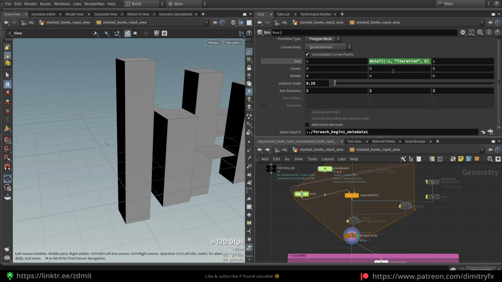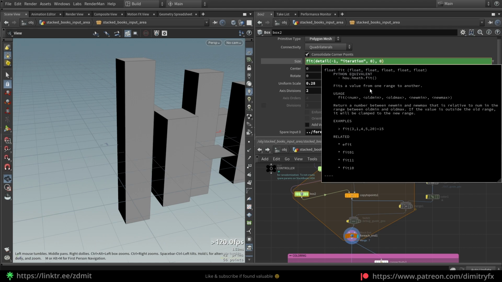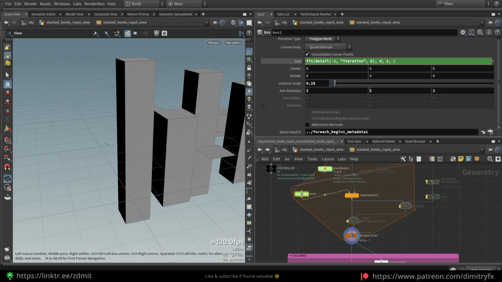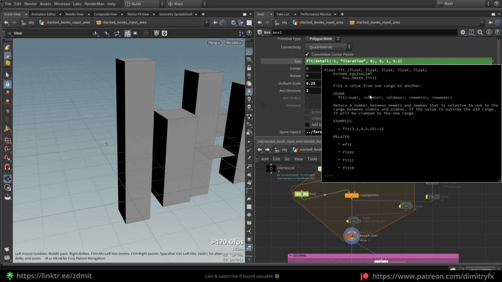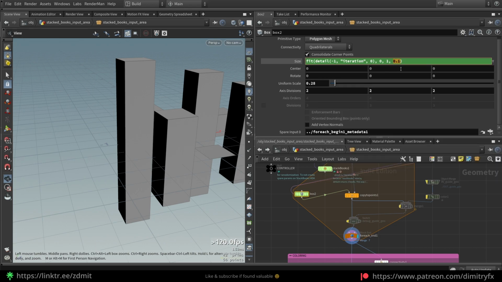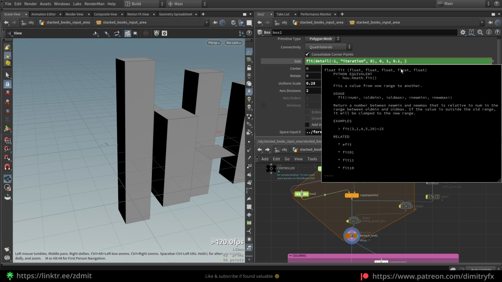Now, how to control it? How to make it go from a certain minimum to a maximum size? First of all, we can use a fit function expression to control the maximum and minimum size. You need to specify, I don't really remember what it does, and you can check the documentation on what it is, but basically, this will be our old minimum and old maximum, and right now we are typing a new minimum Y size and new maximum Y size,